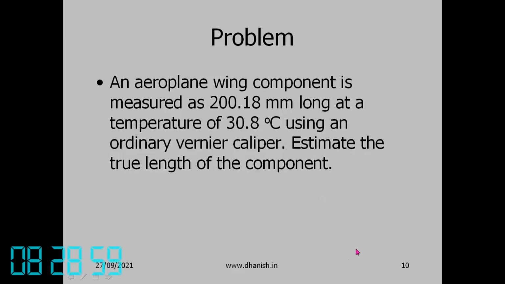So, okay, what is the wing material? What material is used to make aircraft wings? You know. And what is the material of the vernier caliper? Vernier calipers are usually stainless steel. So, the coefficient of thermal expansion, you can take that as the same as that of steel. Not much difference. There are only a few chemicals you are adding to steel to get stainless steel.